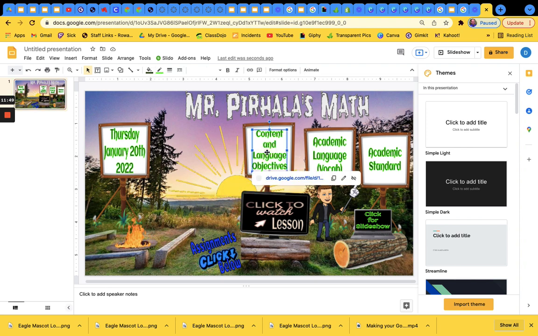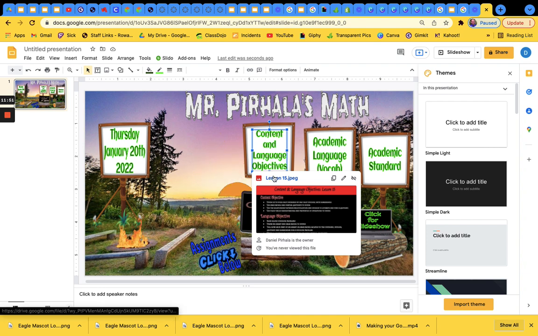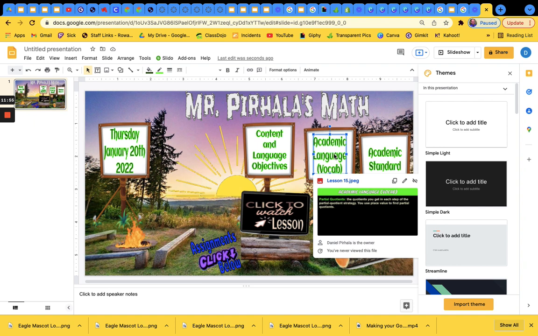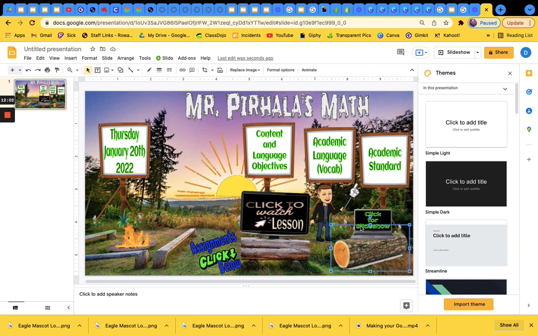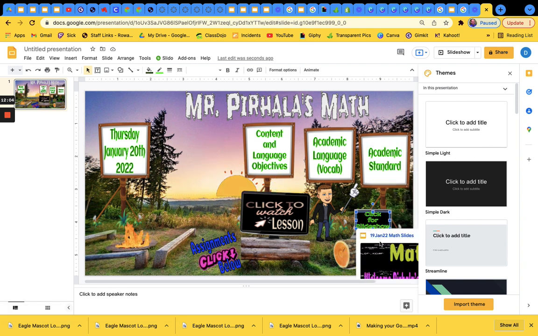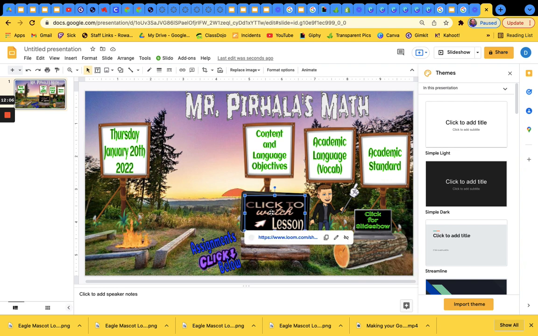If students click on this, it's going to open up their content and language objectives that we're currently working on, the academic language or the vocabulary we're working on, the academic standard we're currently working on. Like I said, this will open up the slideshow that I used to teach, and this will give them a link to the recorded lesson for the day, and then I always have the assignments below there. So let's do this. A test day slide,